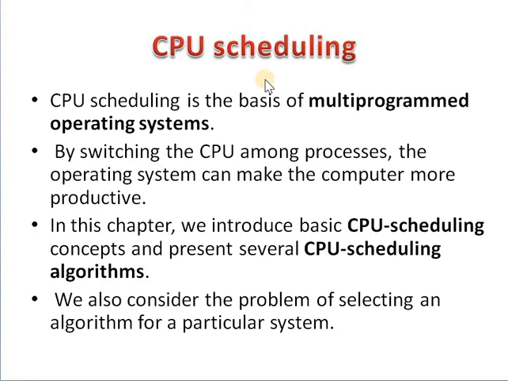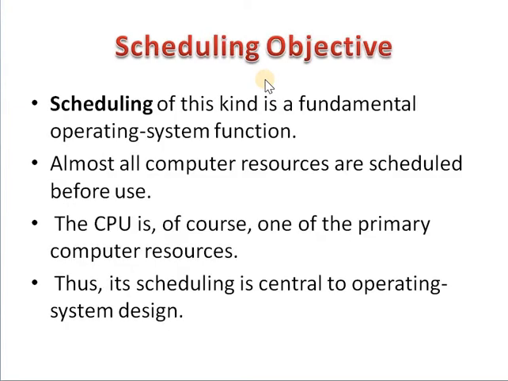In short, CPU scheduling involves managing or scheduling the different processes that are executed in the operating system. And for that scheduling, different algorithms are implemented. Those algorithms we will learn in the next lectures. Next we will see what are the different objectives of the scheduling. There is an objective of a scheduling process.